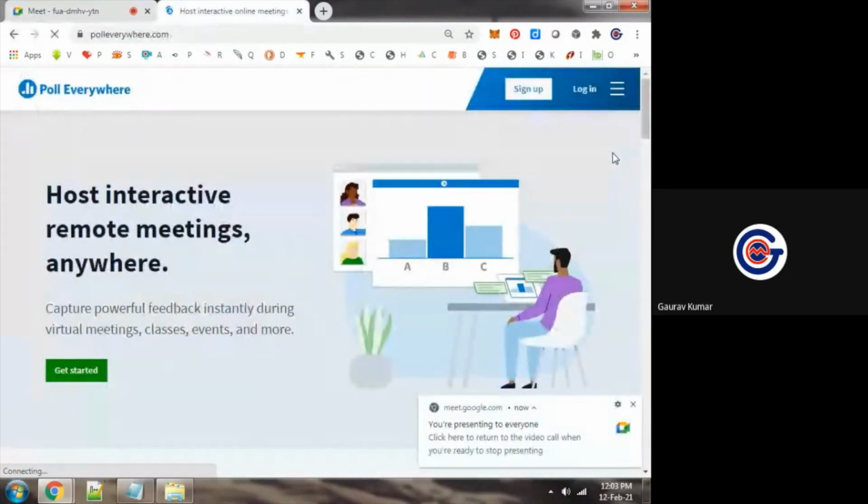We can use this platform, and except Poll Everywhere, there are so many other platforms available which we can use for dynamic data collection.